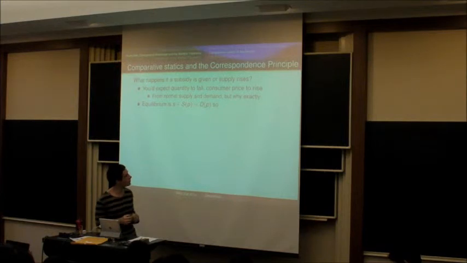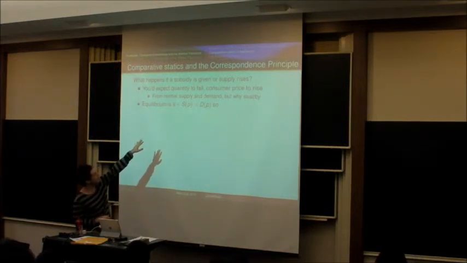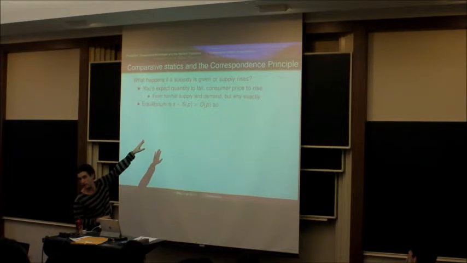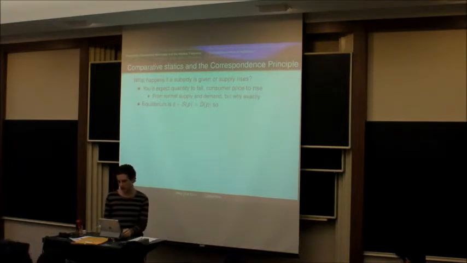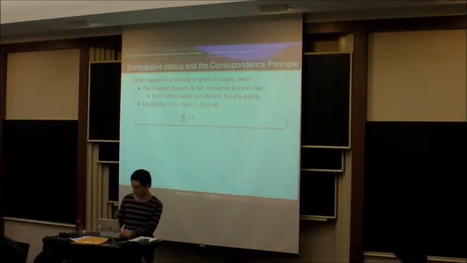So let's just do this mathematically. Let's imagine that there's just some supply added to the market. Equilibrium in the market is that supply is equal to demand. So if we increase supply by a little amount S, that's going to mean that now supply plus S is equal to demand, right? And how much does that change price? Well, we can just use the implicit function theorem, right? How do we do that?